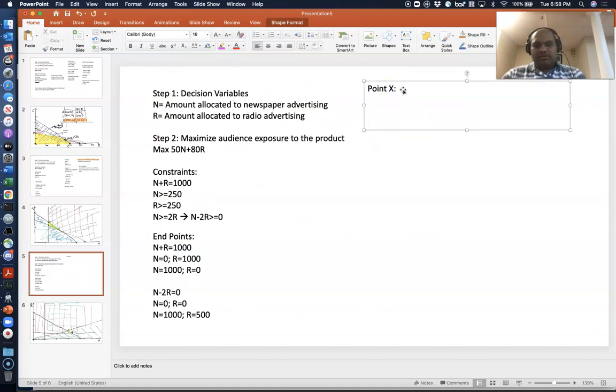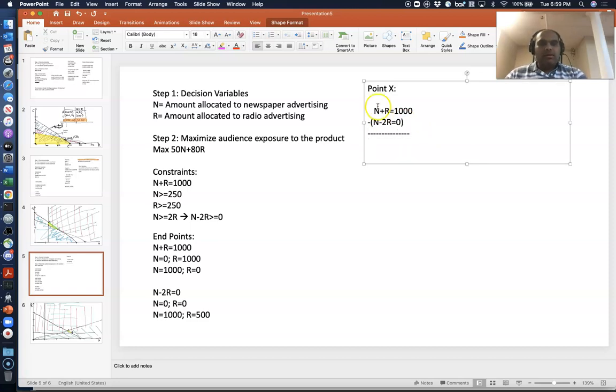That's the point of intersection of n plus r equal to 1000 and n minus 2r equal to 0. So I'm going to multiply the second equation with a minus 1. Multiply the whole second equation by minus 1 and add the 2 equations together. I'm going to end up with